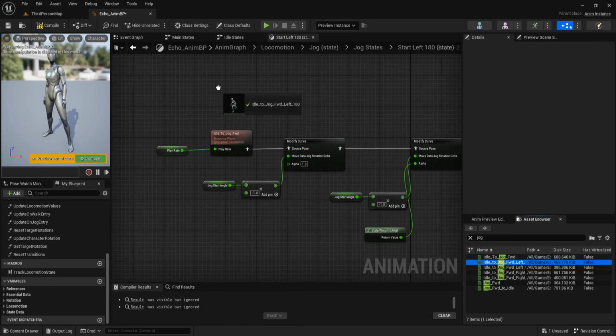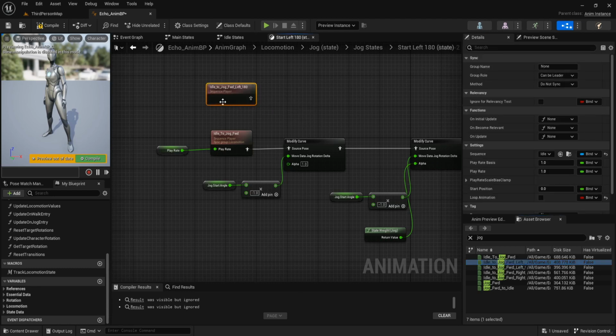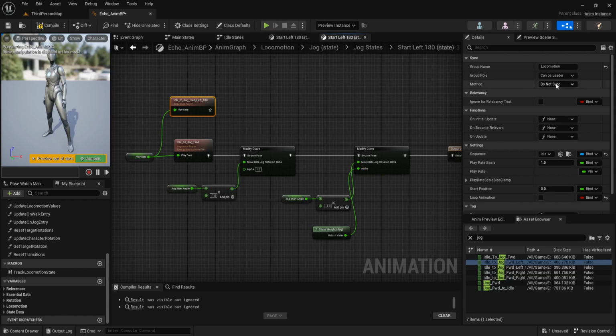Call idle to jog forward left 180 and expose its play rate. Connect this play rate. The group name is locomotion. And set this to transition leader. Method is sync group. Connect it to modify curve.